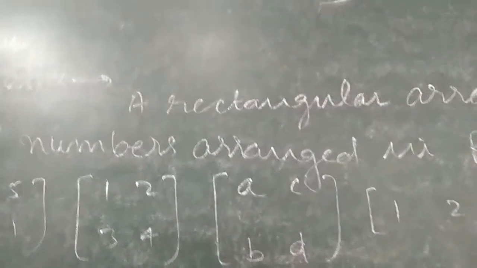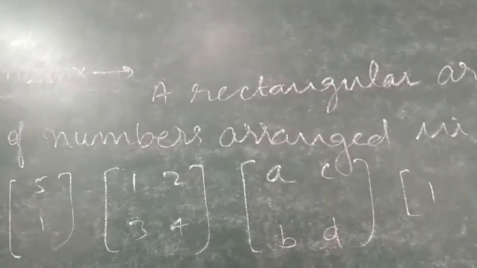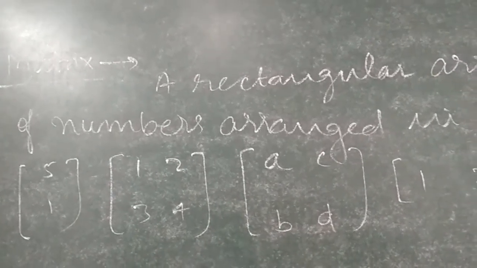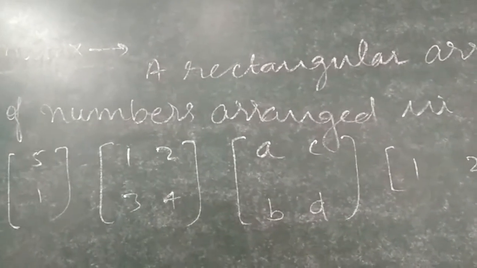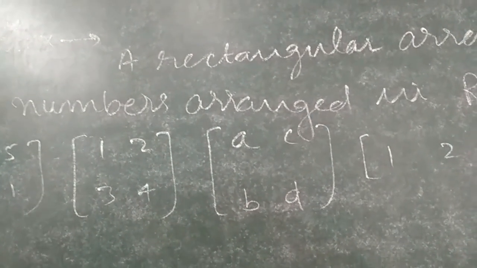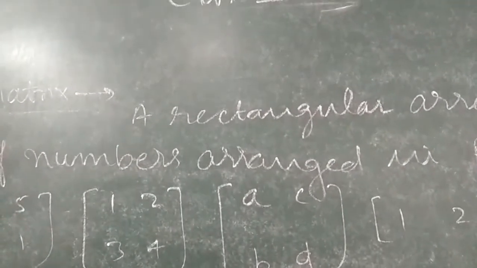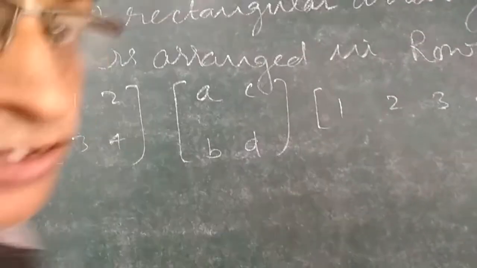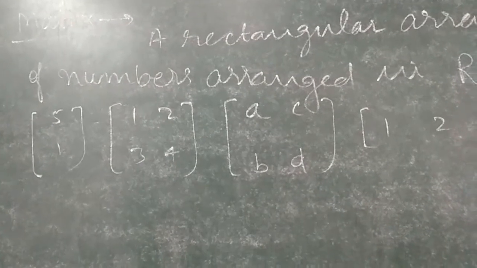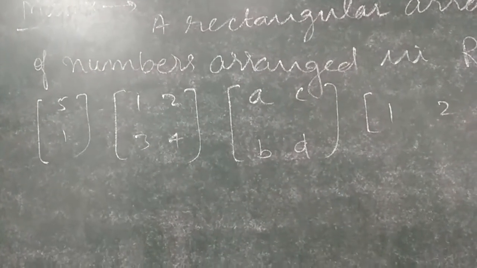As you draw the table in your notebook for tabulation of data or for representation of data, you draw tables. In a table, what is the special feature? A table has horizontal and vertical lines. In the same way, a matrix is a rectangular arrangement of a certain number of elements which are arranged in rows and columns. So this is the definition which I write on the blackboard. With the help of this definition, you can make clear in your mind how the matrix is represented.